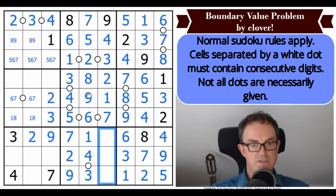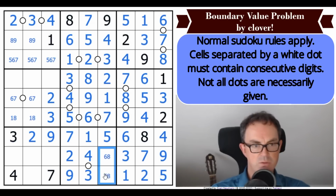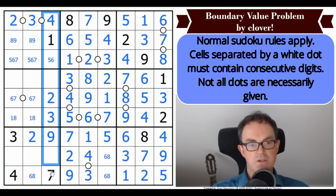These squares are 5, 6 and 8. We can obviously put the 5 in. I don't know if I can do the 6 and the 8 though, so we might have to just hold our horses there. That's a 6 or an 8 by Sudoku as well. I'm thinking this column is going to be where we get the last little bit of information. Yeah, that's a naked single. So you can see from this column we need 5, 6 and 8, and we've already got 6 and 8